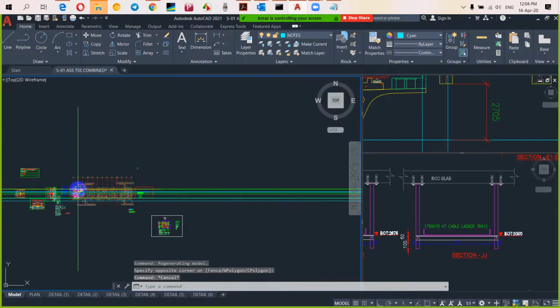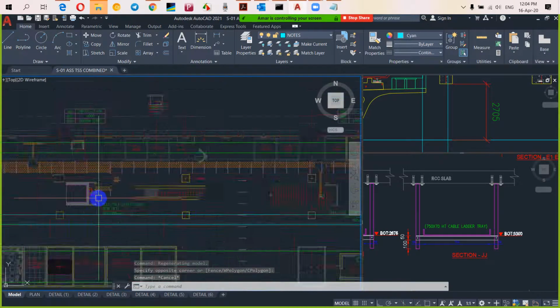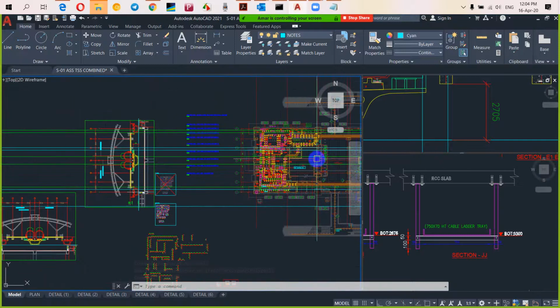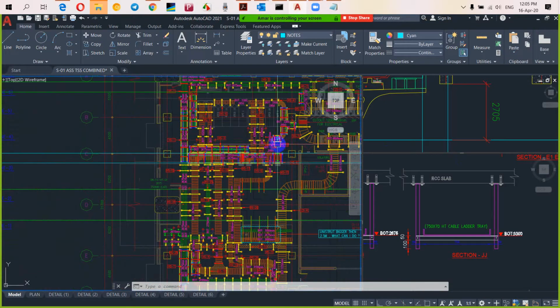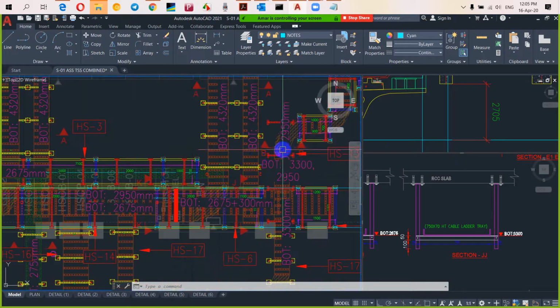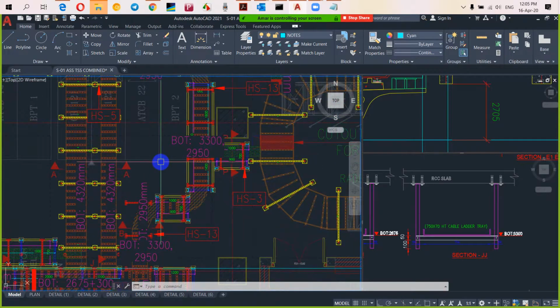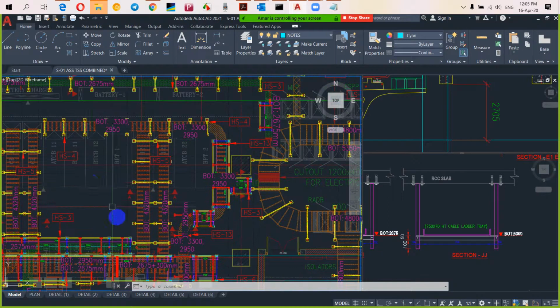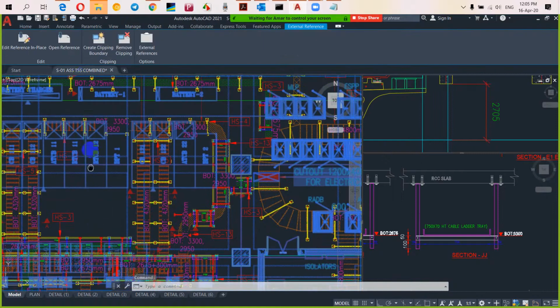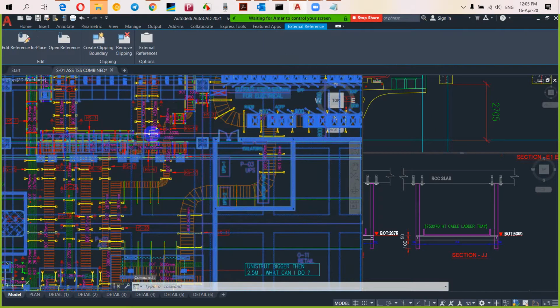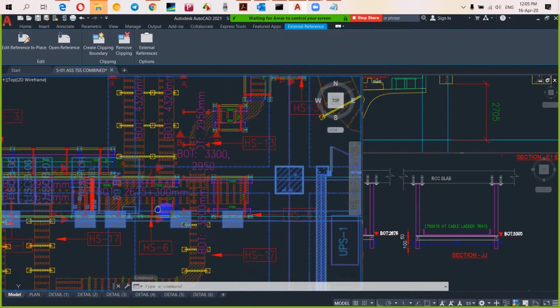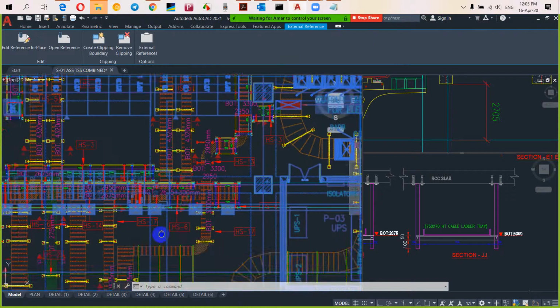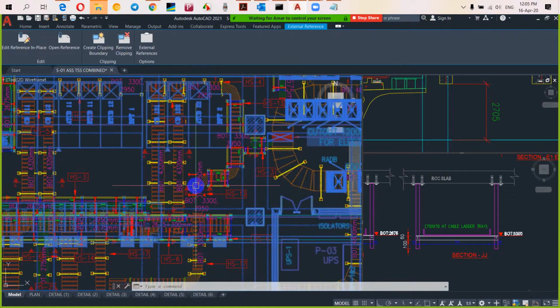Okay, so let me zoom in to the system. I'll not zoom anymore, I'll just use the cursor. Near the 33 kV panel, you go and give it to me. Yeah, the 33 kV panels, where we are discussing right now. In that area. You bring it down a bit. Yeah, leave it as such. That's it.